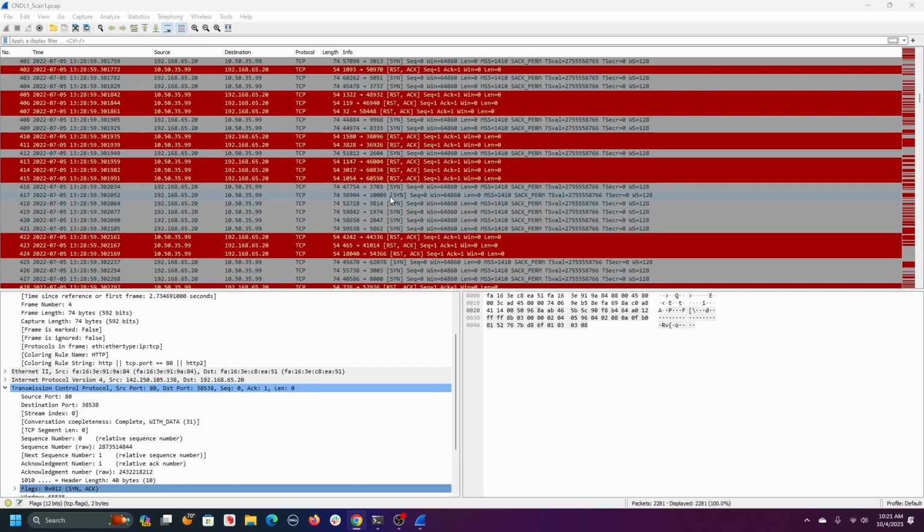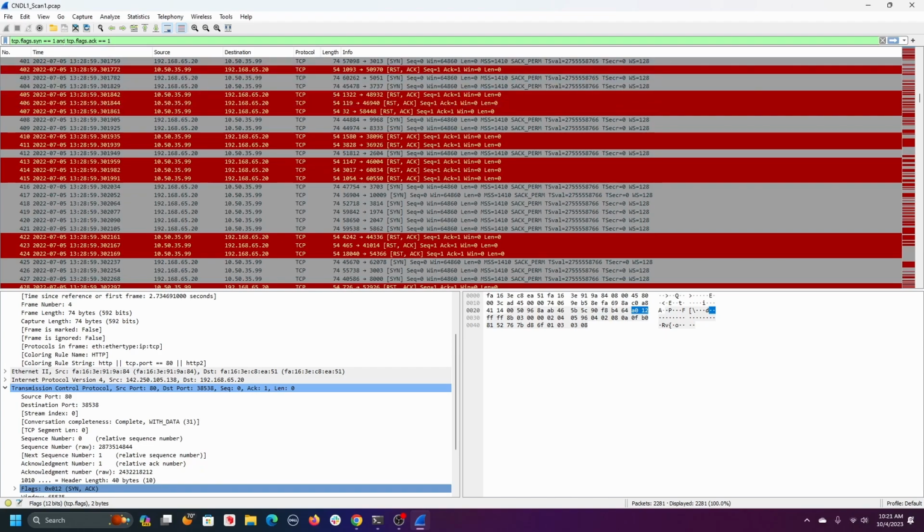And the only way to tell the difference between those two is to find an open port, because they both send out SYN packets originally. It's just how they answer to the response of the server that determines if it is a TCP SYN scan or a TCP connect scan. So two filters you can use to find those SYN ACK packets, or the response where the server is responding with the port open, would be this: